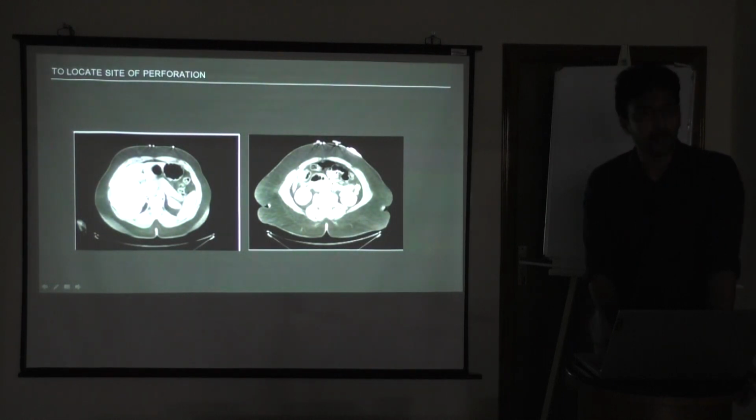So IVC is a retroperitoneal organ. So if there is air in the retroperitoneum, we think of duodenal perforation, because the duodenum, certain parts like the second part, third part, is in the retroperitoneum. And in the same way,